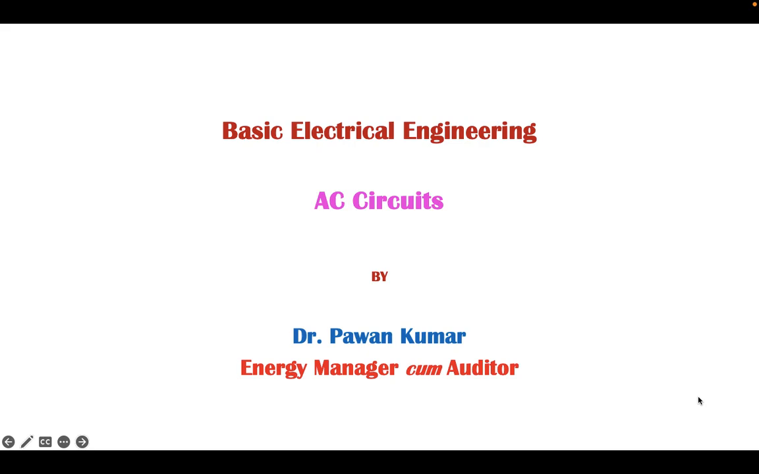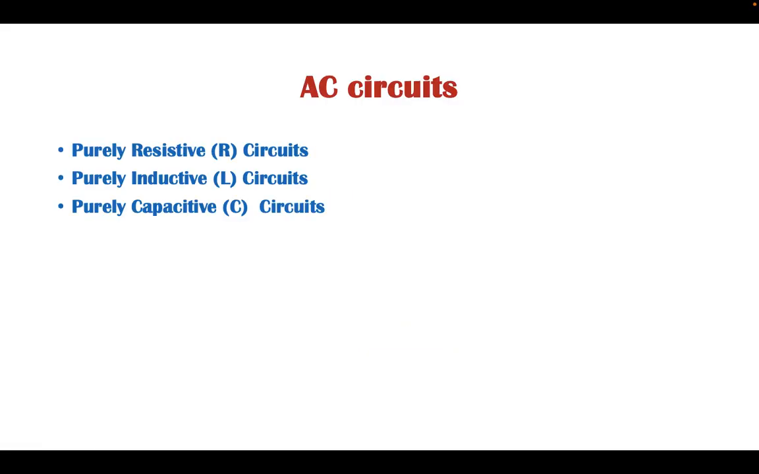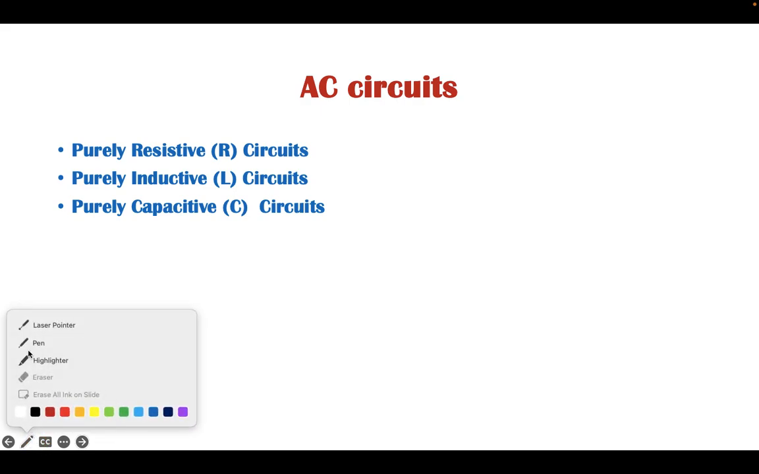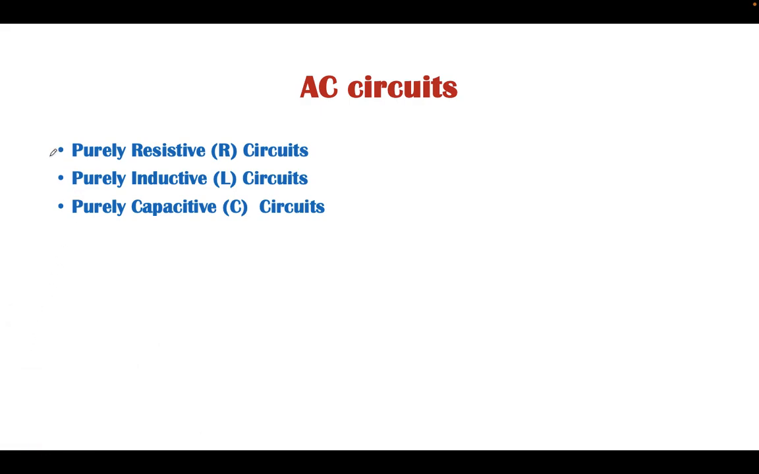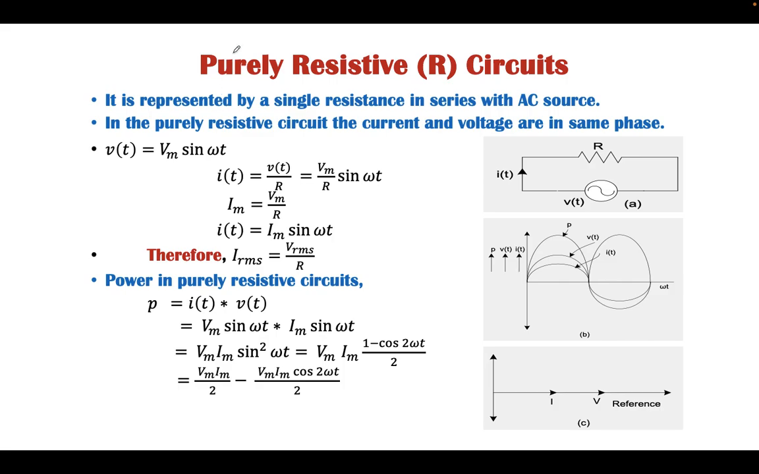Today we are going to discuss AC circuits. Generally, circuits can be analyzed in AC as purely resistive, purely inductive, or purely capacitive. Purely resistive, purely inductive and purely capacitive here means the circuit has only resistance, only inductance, or only capacitance. Now considering the purely resistive circuit, here we consider a single resistance when the supply is AC and